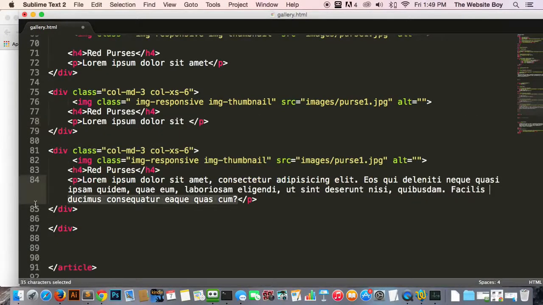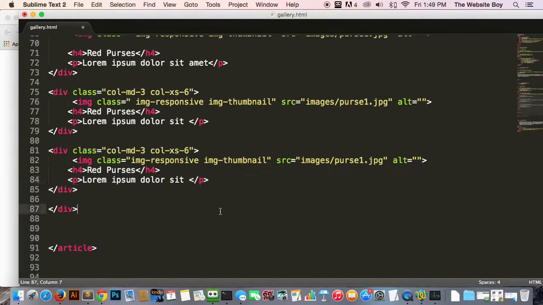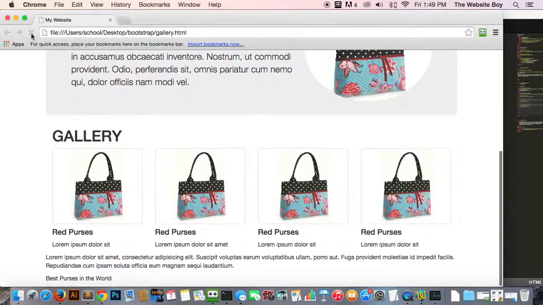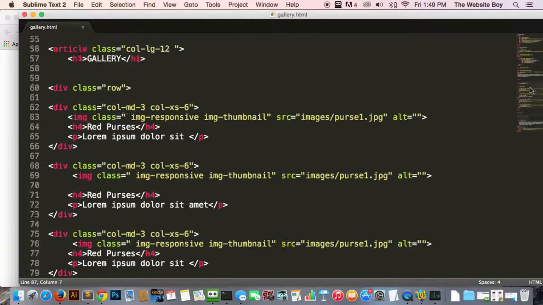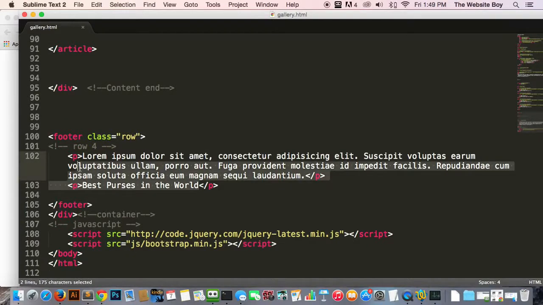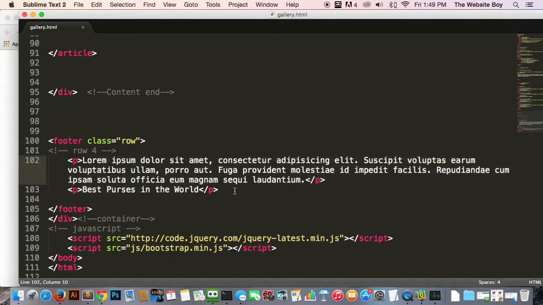All right, let's save it, refresh again, and now we got that. All right, let's also fix that footer. There's too much text in there. Let's just take this off,